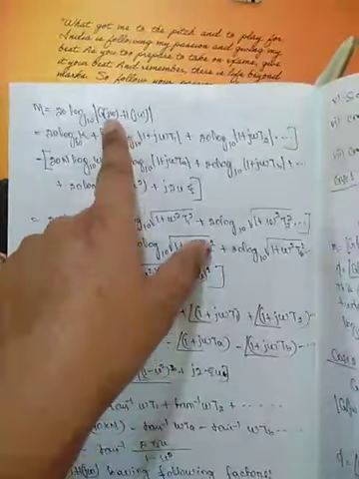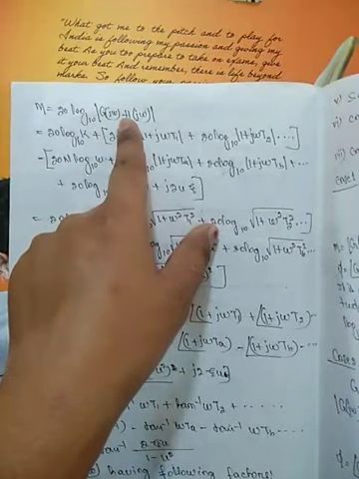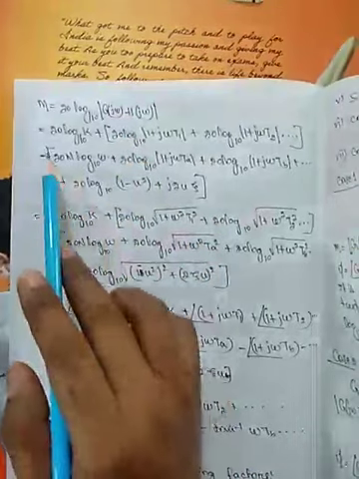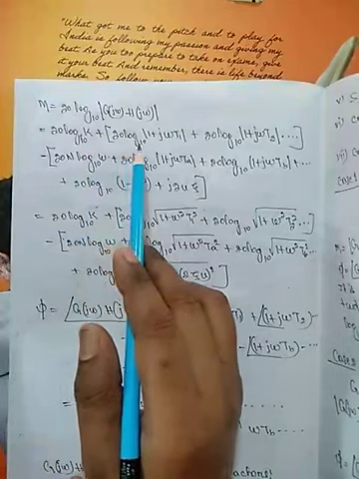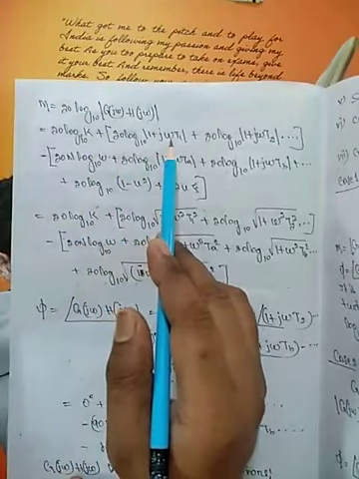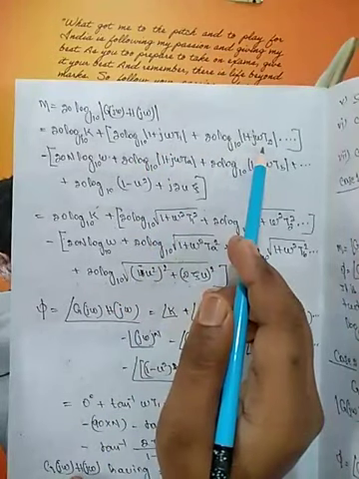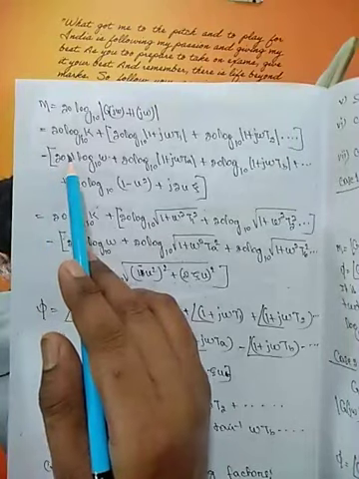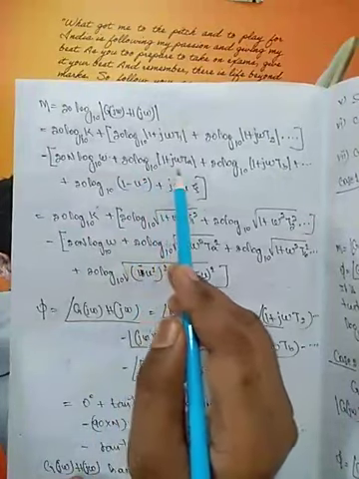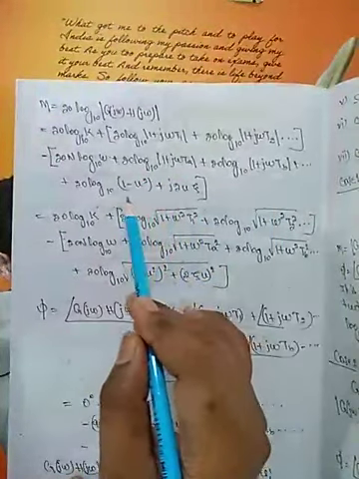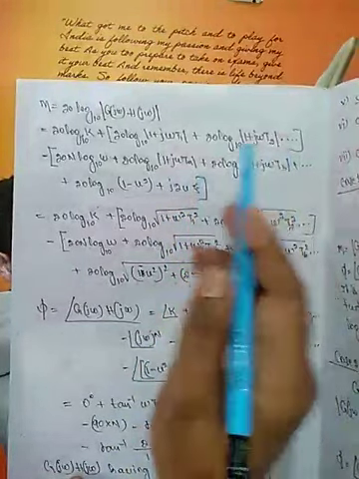Now we can write it in magnitude form in logarithmic scale. 20 log of G of j omega, we put here G of j omega H of j omega value. So it is 20 log K plus 20 log 1 plus j omega T1, that is the simple zero, this one is also a simple zero, then minus 20 n log omega plus 20 log, these are the simple poles, this is a pair of complex conjugate poles.